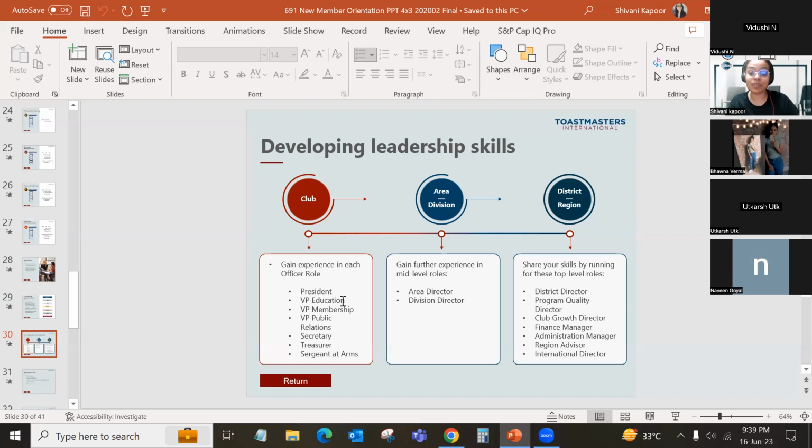And now comes VP Education. VP Education sets the agenda of the meeting, reaches out to members asking them to nominate for different roles, and takes care of the growth of each club member by ensuring that they deliver speeches and complete their projects. They also assign mentors to each member. You have all recently joined, but soon you will be told who your mentor is. Does anyone here have a mentor and know your mentor's name, apart from those who have very recently joined?